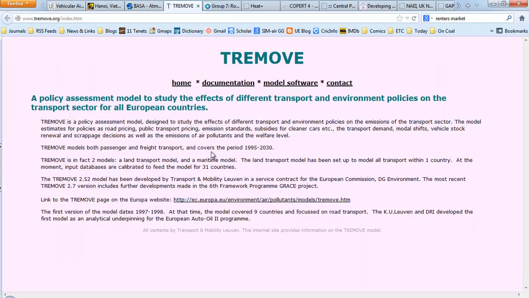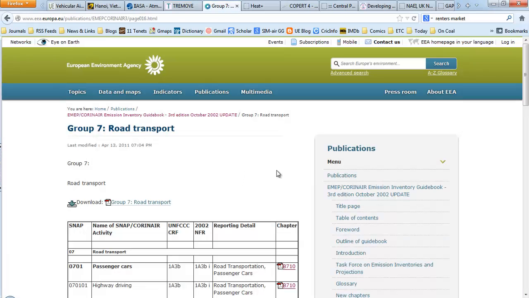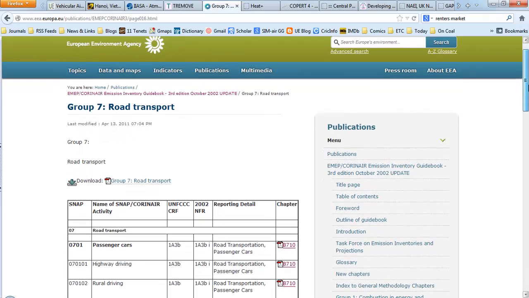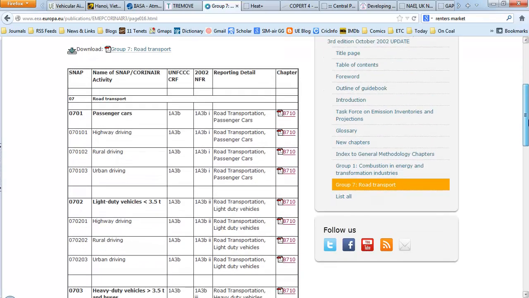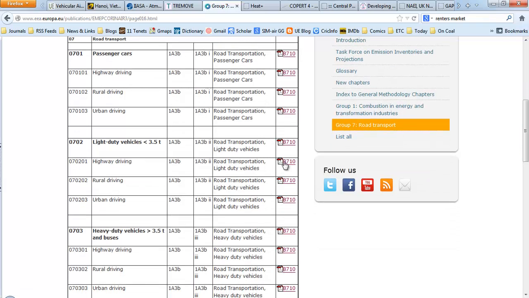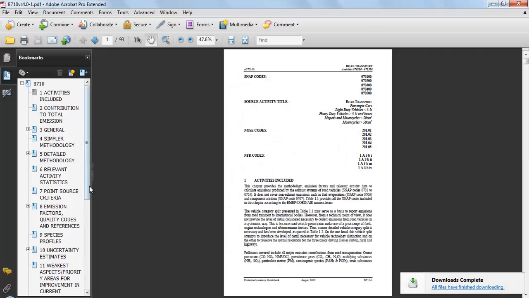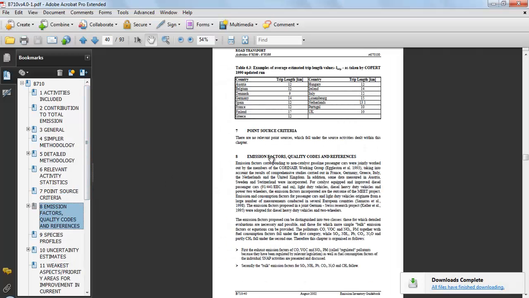TREMOVE is another EU-based software for transport emissions inventory. This also has a good database of emission factors. Here's one of the really good ones, also from the EU, from the European Environment Agency. If you go through the document for road transport on this page, you will find a lot of interesting stuff. I'll click on one of these. In the document, you will find a lot of databases on what are the emission factors available for different countries